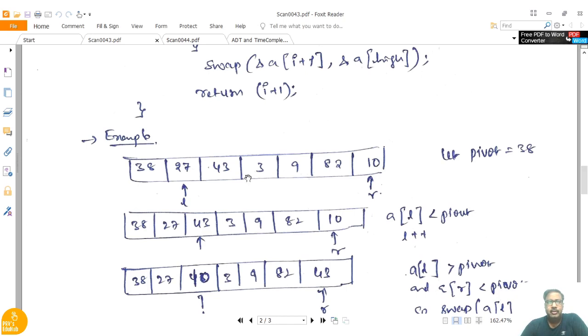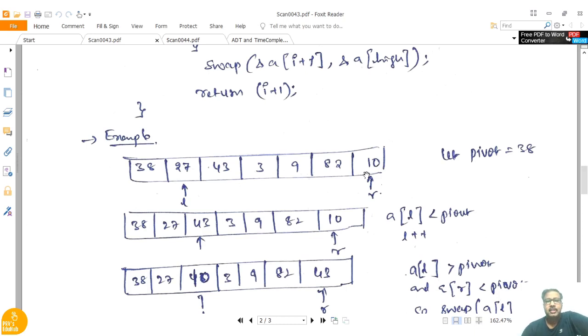If half of the array is in sorted order and half is not, then it is said to be the average case. If almost all the elements are in sorted order, maybe one or two are not, then it is said to be the best case. So like that, we estimate the cases of the time complexity.